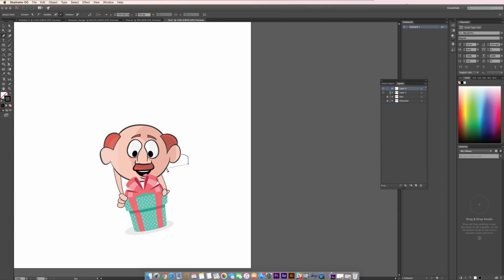Start drawing the legs. I want to draw a jumping character so the legs will be in the air.